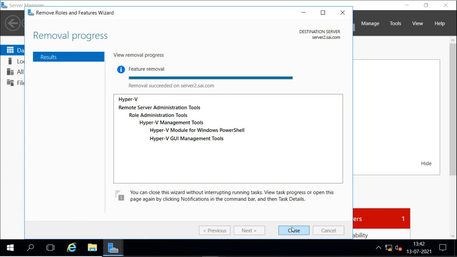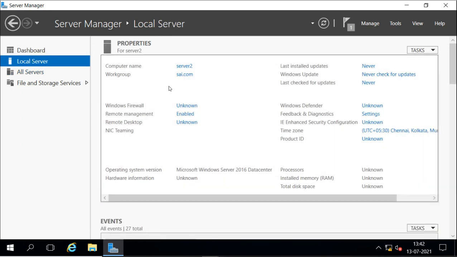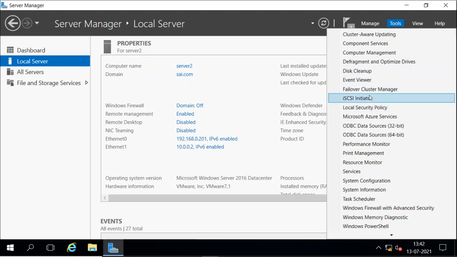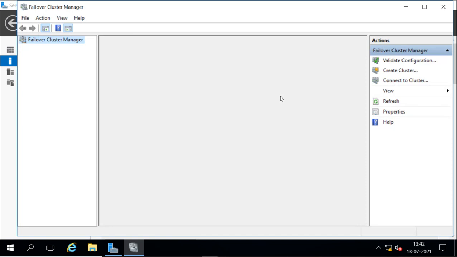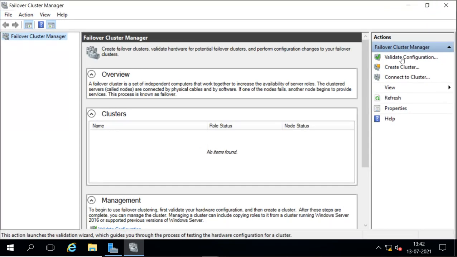Okay, now the Hyper-V is removed here, and now both the servers don't have Hyper-V, neither server 2 nor server 3. So now I'm going to test it again. So I will open failover cluster manager, and I'm going to validate again. So I will open the validation wizard.